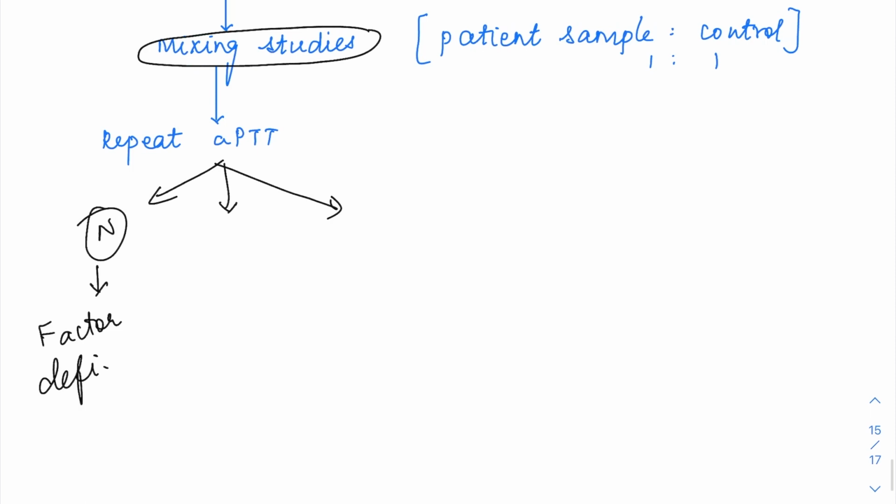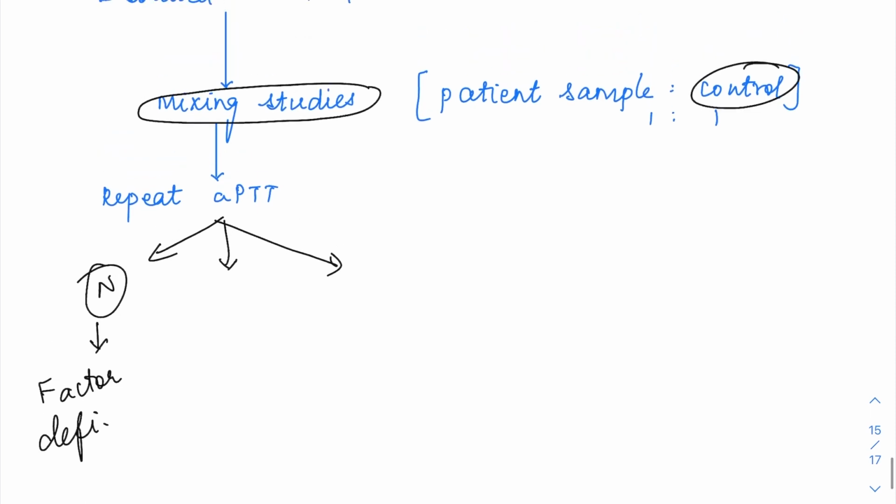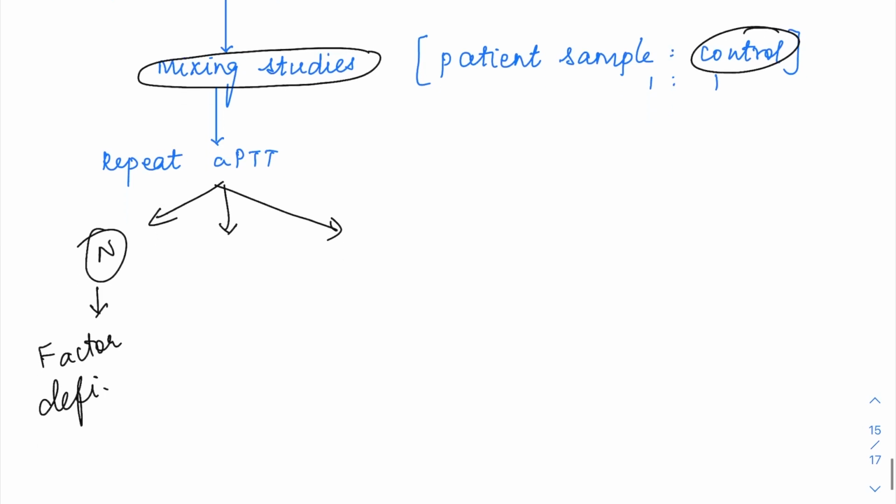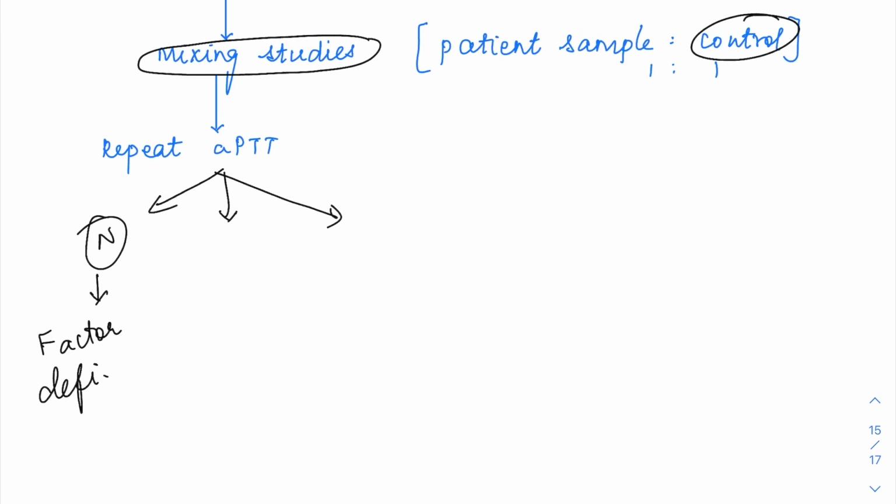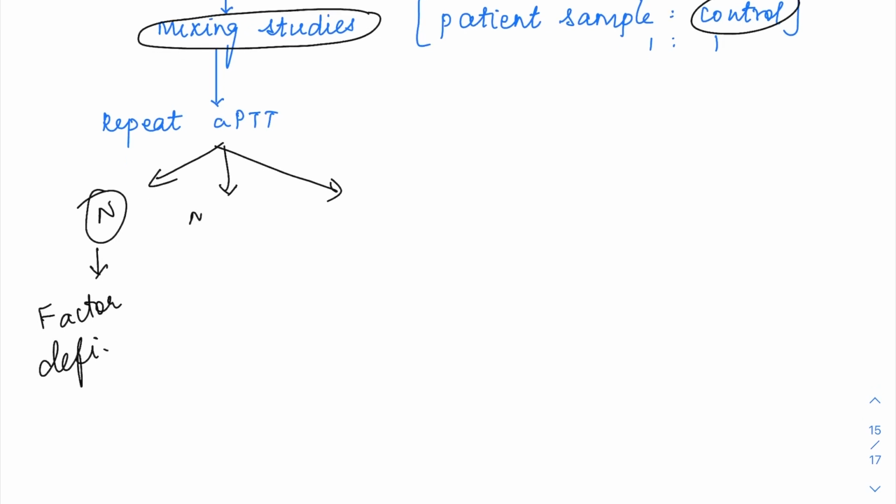Because now that we had given the control also, this control must have had factor 8. So the factor 8 from the control must have normalized the ratio here, and that is why the APTT is normalizing with mixing studies. So whenever it normalizes after mixing studies, it means that there was a clotting factor deficiency only. And if initially it normalizes and after incubation for 2 hours it prolongs, then it means there